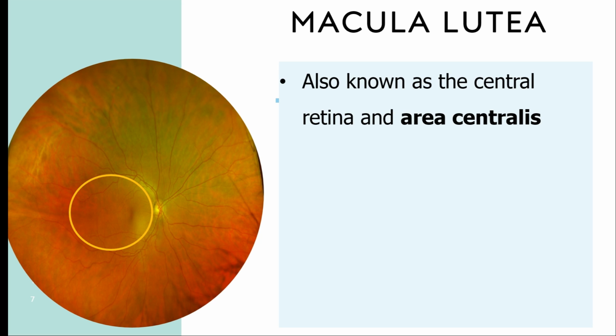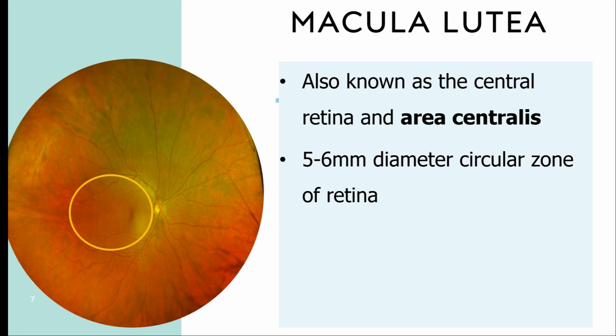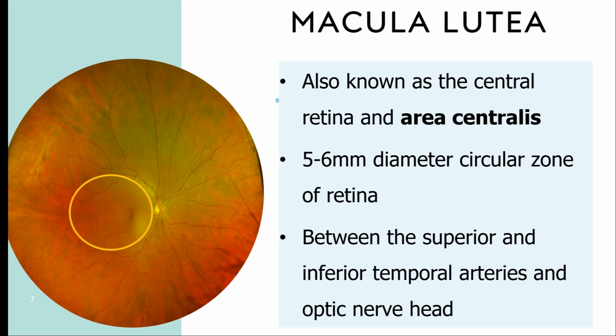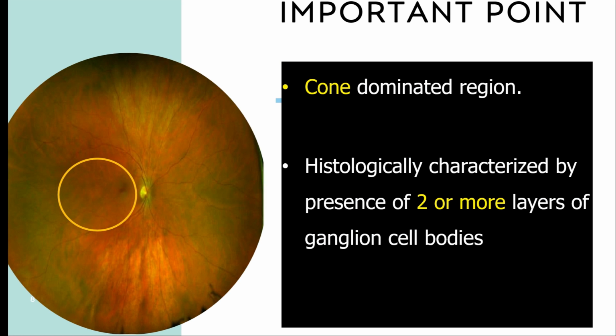The macula lutea is also known as the area centralis or the central retina. It is about a 5 to 6 millimeter diameter circular zone of the retina, as drawn here in the diagram, and it is centered between the superior and inferior temporal arcades and the optic nerve head. Now, an important point regarding the macula lutea is that